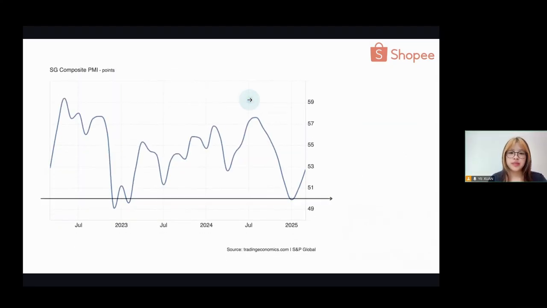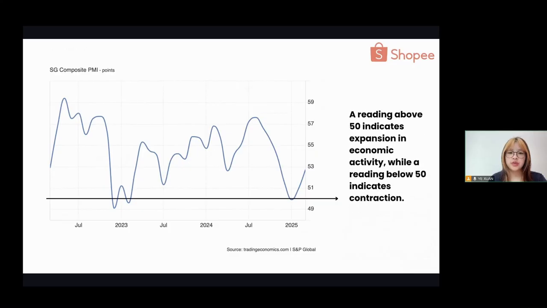The purchasing manager indicator typically uses 50 as the threshold. For example, when PMI remains above 50, it indicates an increase in production activities of enterprises, which often means that the economy will continue to expand. If PMI remains below 50 for several months, it usually means that market demand has weakened and the economy may be sliding into recession.